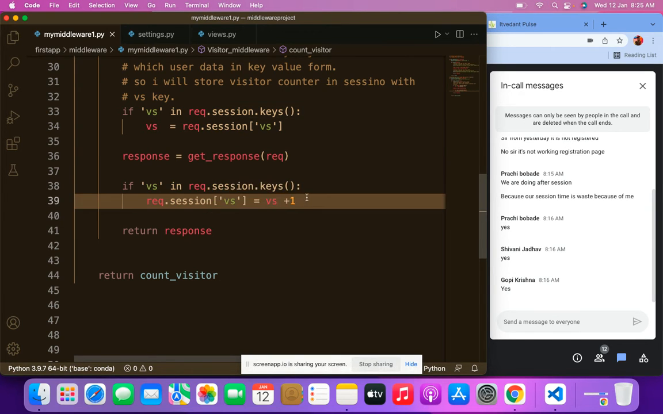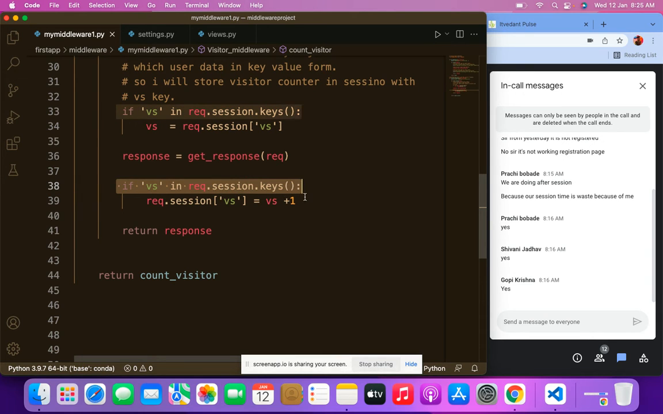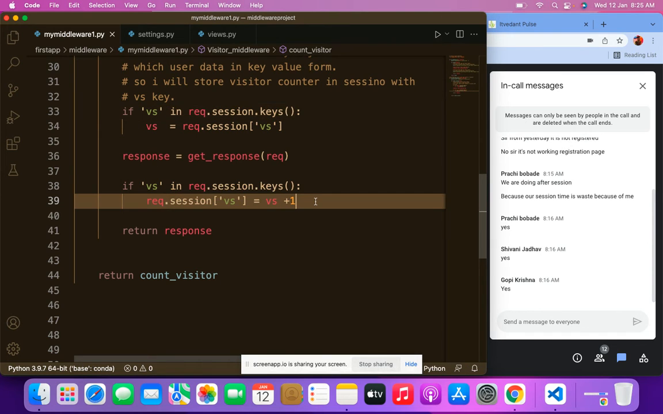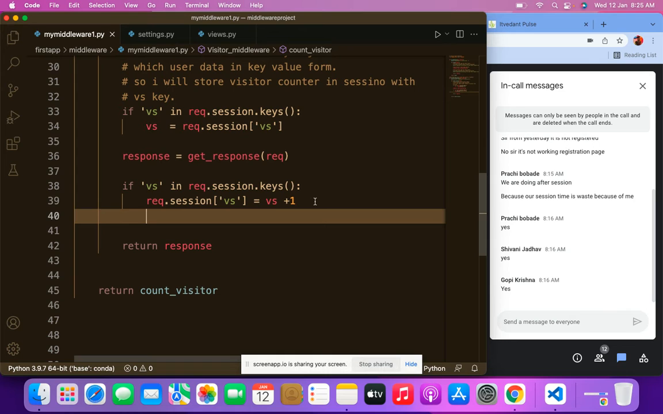But what happens if the user is new? I am supposed to start my counter with 1. If vs is not there, I have to start my counter with 1. So if else, if there,